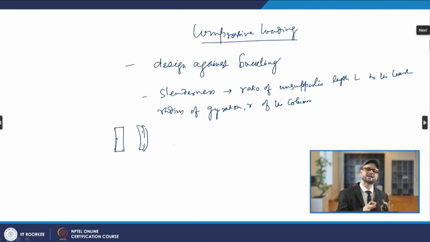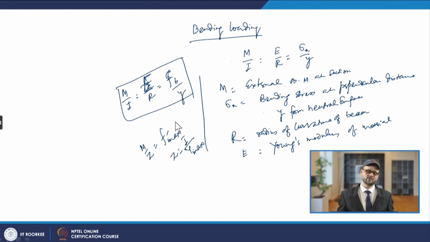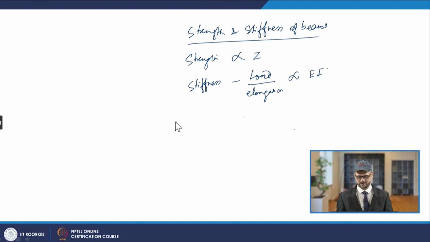So this is the tensile loading condition; for the design for compressive loading, we have to prevent buckling from happening so that it will have much more compressive strength. Bending we can find out by bending loading, by this formula M by I equals sigma by y. Here is the strength and the stiffness of the beam. The strength is directly proportional to the load by elongation, that is directly proportional to EI,